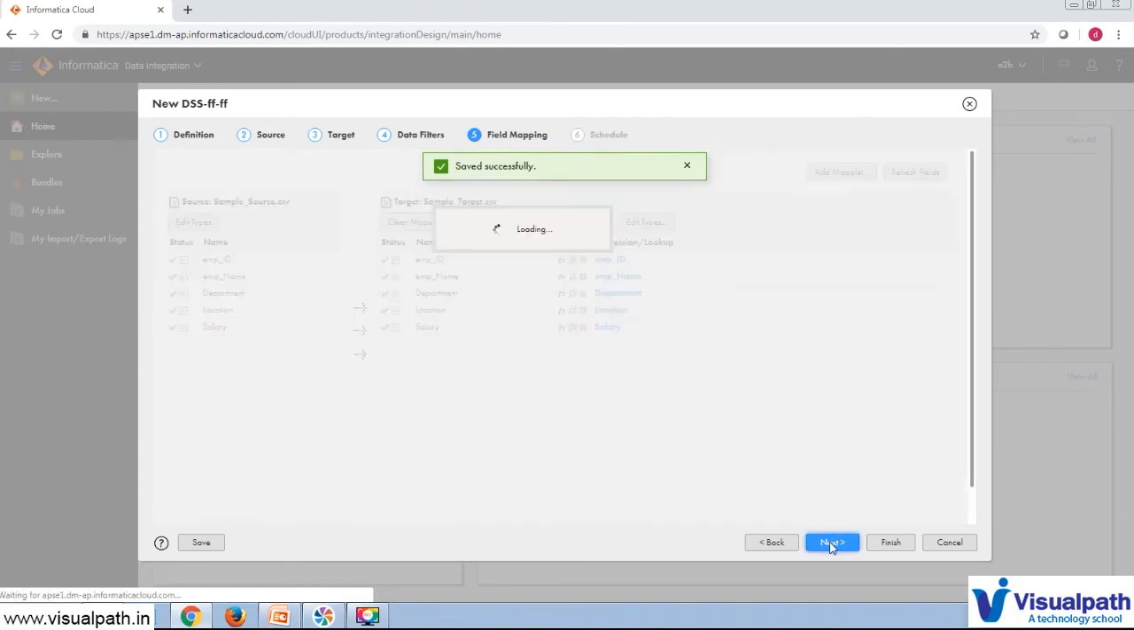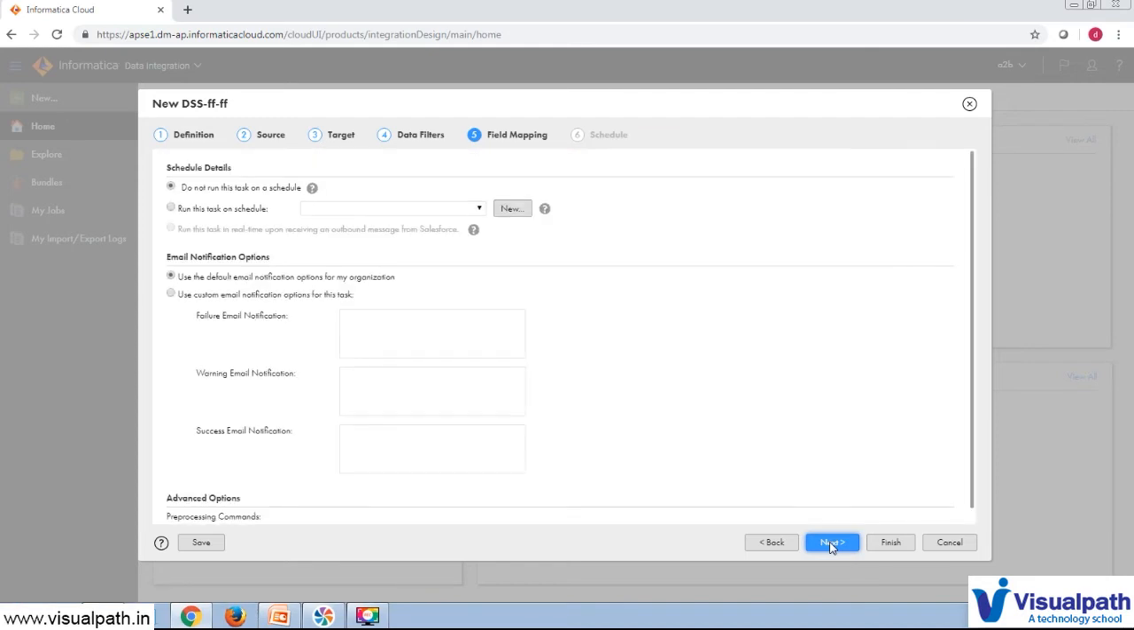And next is the schedule page. Here you can assign any schedule and workflow level properties. You can set session level properties, like if you want to perform any failure email notification. For example, by default I'm going with the organization level, but if you want to send a specific email notification to a particular person, for example, if this task fails and you want to send this email notification to the ABC person, you can mention that email detail here for failure email notification, for warning, and for successful email notification, like that. So by default I'm going with an